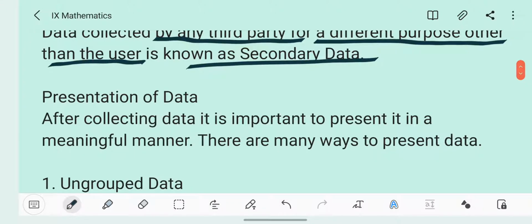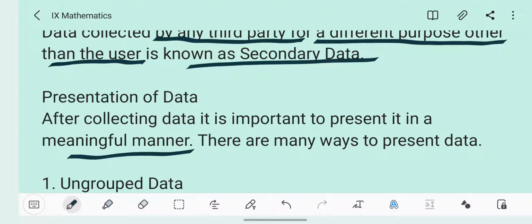Presentation of data. After collecting data, it is important to present it in a meaningful manner. Like when a teacher asks you to collect or write the names of students who would like to participate in a debate competition. Randomly, the ones who are interested will raise their hands and you write the names. After writing the names, that is random names, isn't it? So you need to first of all do what? Arrange it in a proper manner,